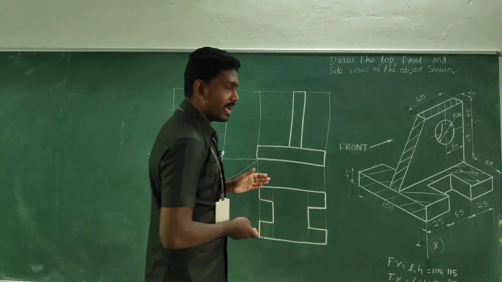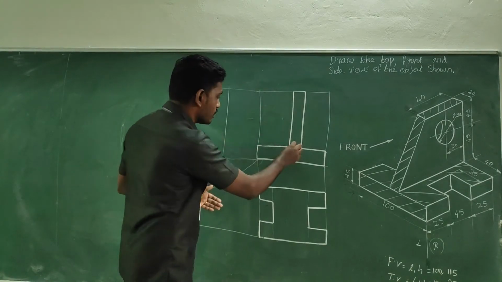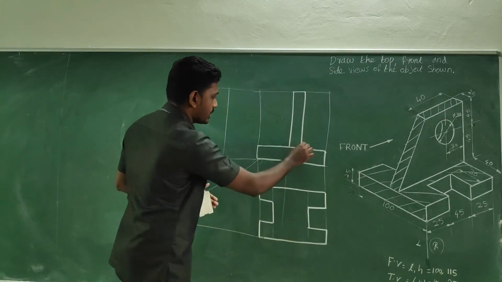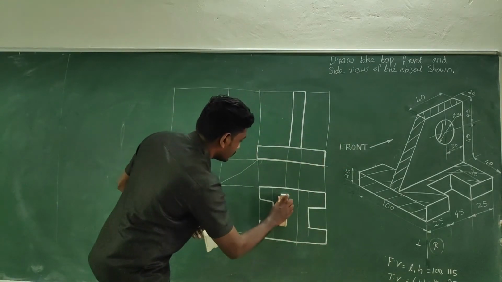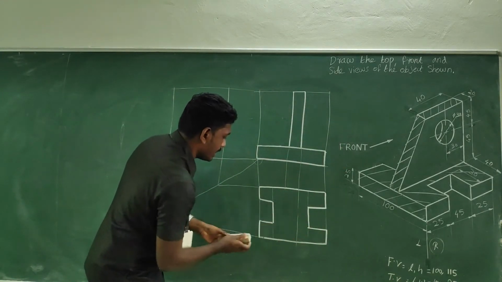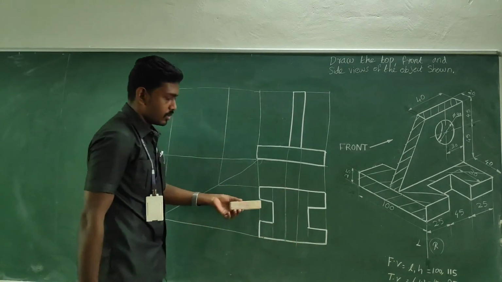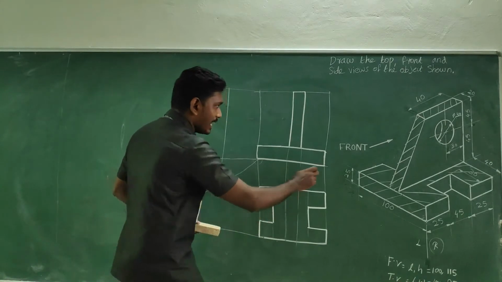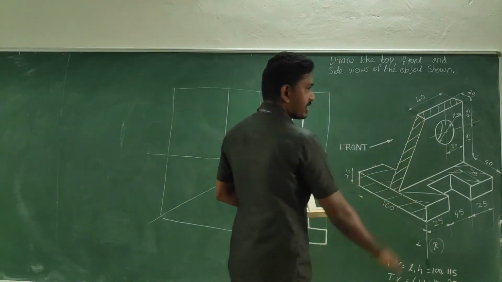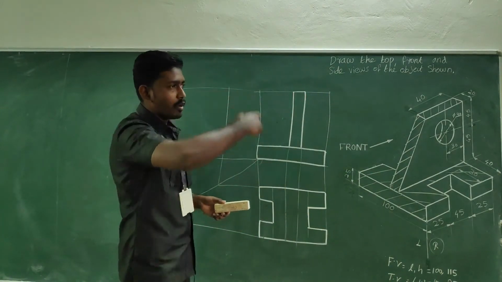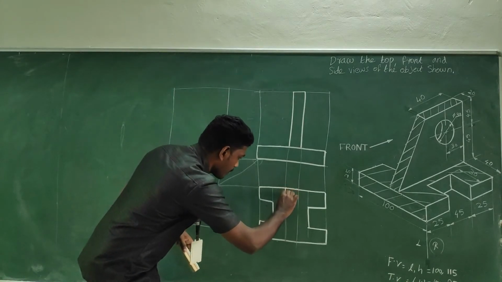So how can we capture the wall? Already in the front view we have taken the measurement. So take the projector, drop a line, so that the same thing can be captured in the top view. This is a dark line, this one we can view. It is a sloped surface. Even though it is sloped, from the top view we can see the rectangular box. So just go for a dark line.